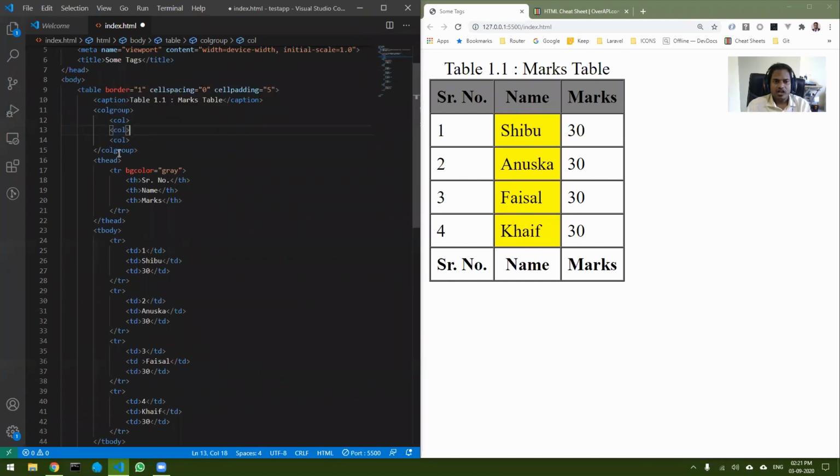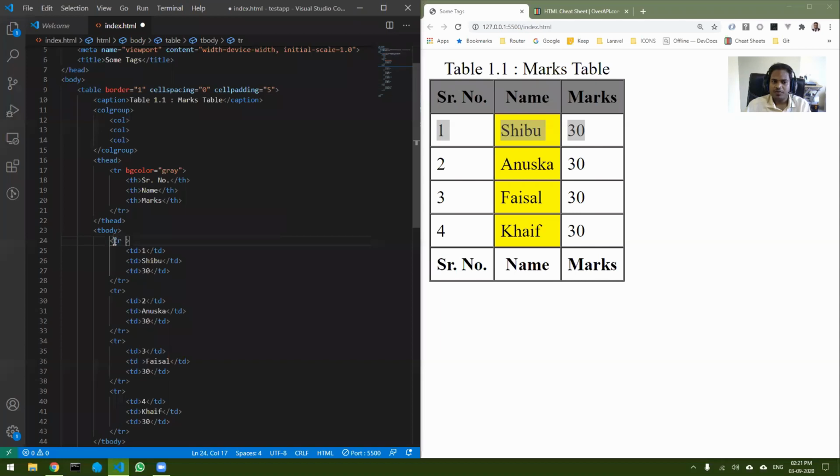Now what is this colgroup? You know that each tr has a grouping, right? So if I want to target one tr, I can put the style in this tr. Simple, right? Whatever style I put in this tr, it applies to all the cells. But there is no grouping for the columns.